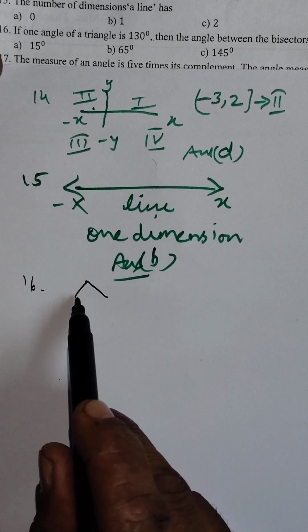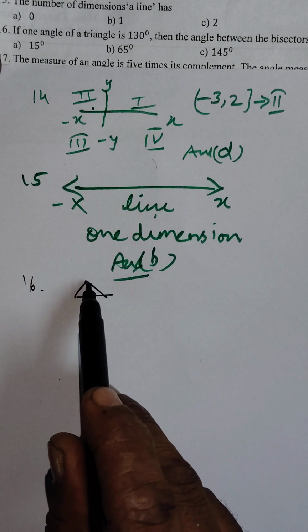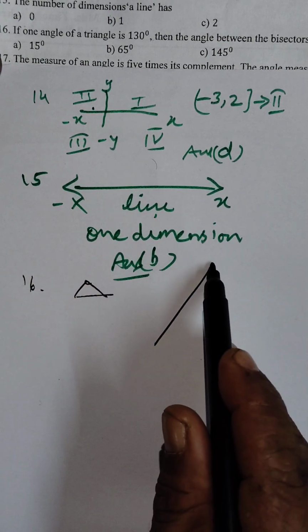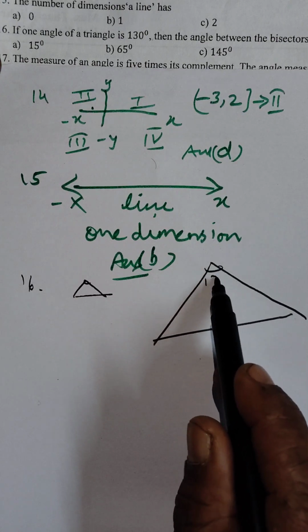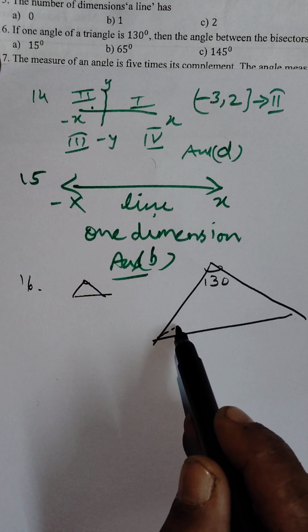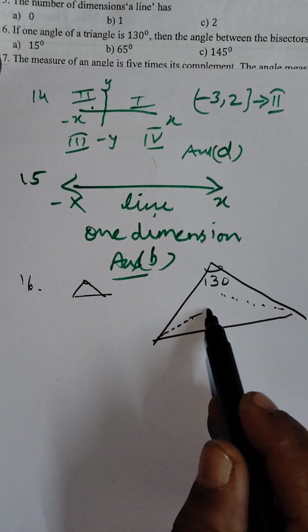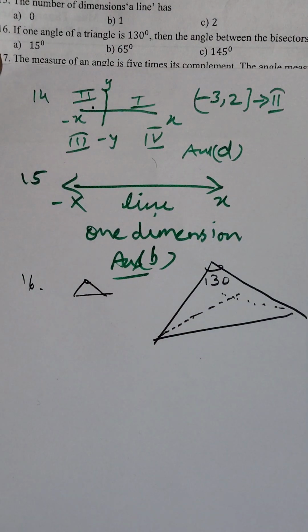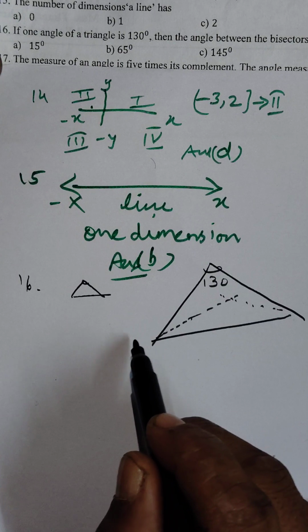This is the triangle. This is the angle 130 degree. So we draw the larger triangle. This is 130 degree. So it means the bisector of these two angles will meet somewhere in the triangle, and since the total sum is 180 degree, suppose